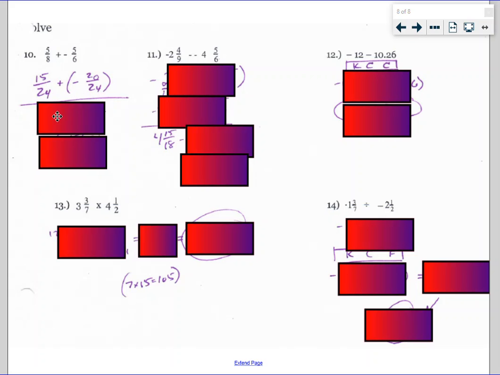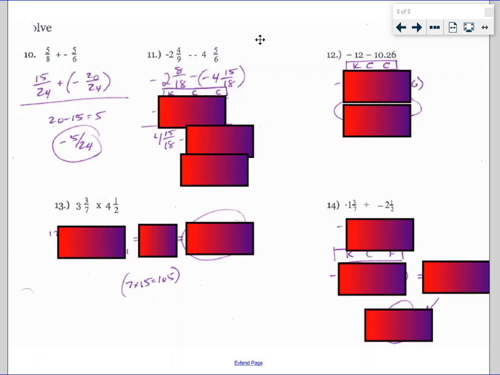And then from there, you can kind of work it through and you can see that we're adding 2 numbers that have different signs, a positive number and a negative number. So subtract 20 and 15, you get 5. So my answer is 5/24, but since the 20 was bigger than 15, I take the sign of that one. That's why it's negative 5/24. Number 11,